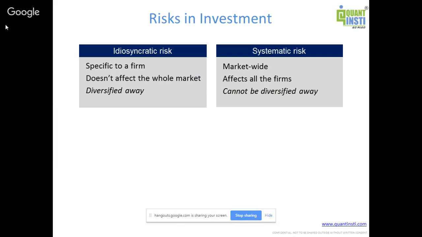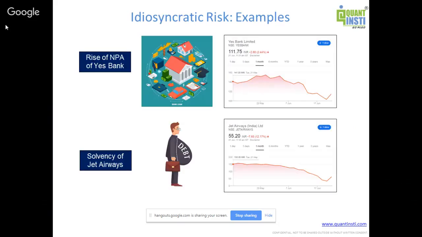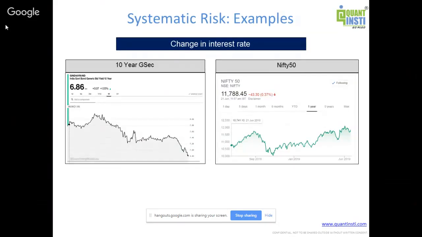The next kind of risk is something which affects all the companies in the market. For example, if there is a rise in interest rate. On the left side, you see the 10-year government bond yield. A government bond is basically the Government of India taking money from the people of India, and this is the rate at which they get the money, which is 6.86%. And if you see a year back, it was around 8%. So if someone is following the monetary policy,